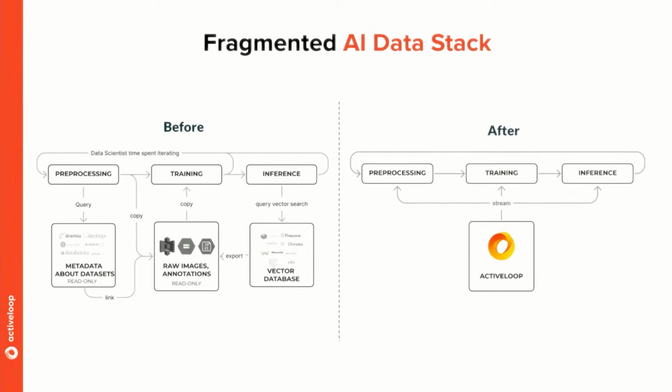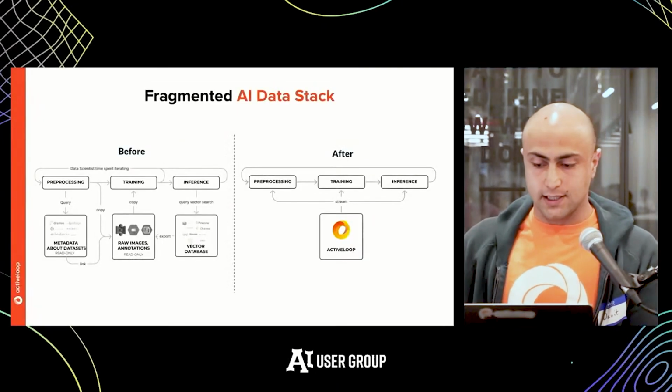And then let's say you want to train your own model on your own specific data. You have to copy this data to your local machine, do the training process and run this through a loop. And you might also have to have a data scientist that's very specialized in building this data engine. What we do differently is that we unify the three different data storages together into a single Deep Lake dataset that sits on top of your own S3, and then very efficiently stream this data to your pre-processing, training, and inference.